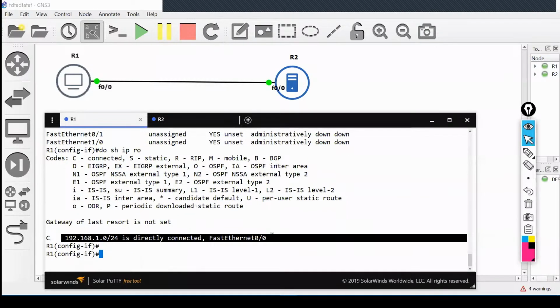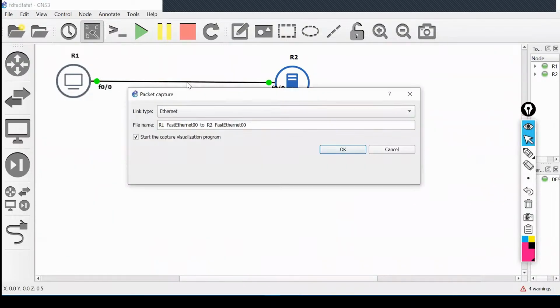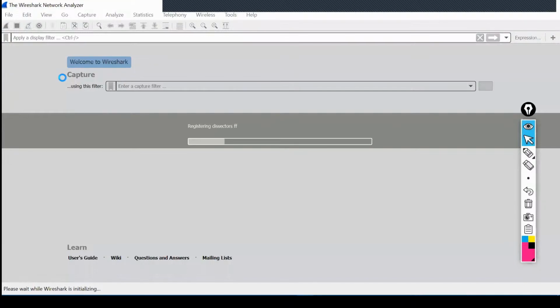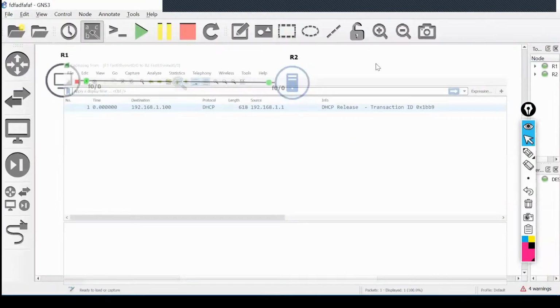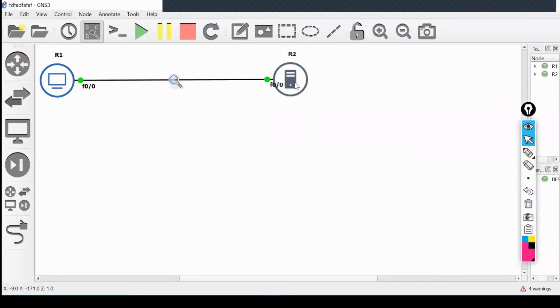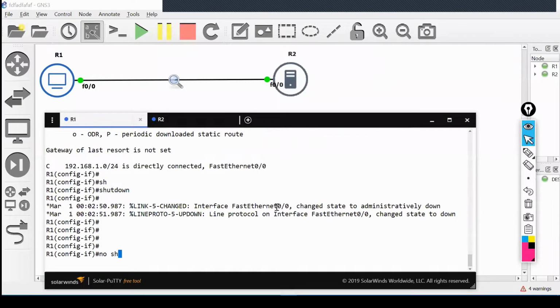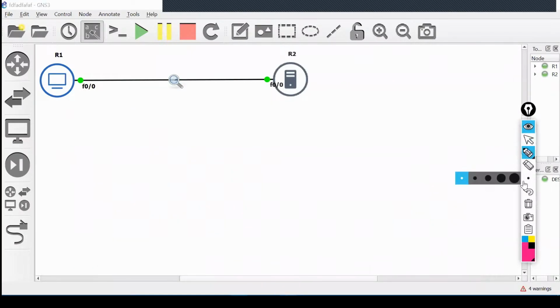Now let's have a look. I'll do the shutdown. I'm going to release my own IP addressing. Let's capture this link. No shutdown. Once I put the no shutdown, what will the client do in this case? Client